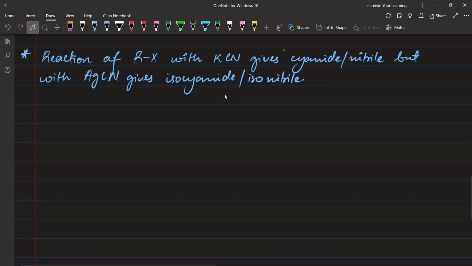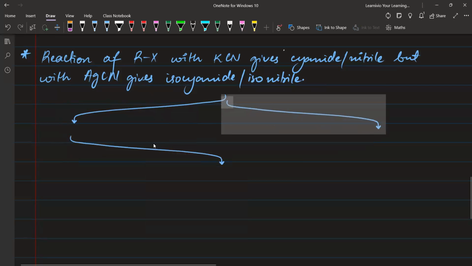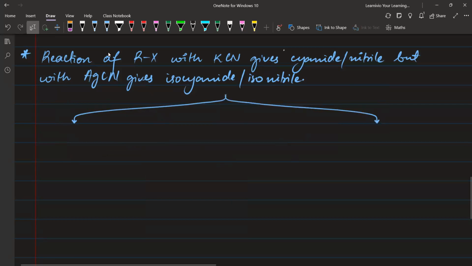So when the reaction happens, we're going to look at 2 cases. पहला, when it happens with KCN and when it happens with AgCN. ठीक है, ध्यान सुनिएगा जरा।